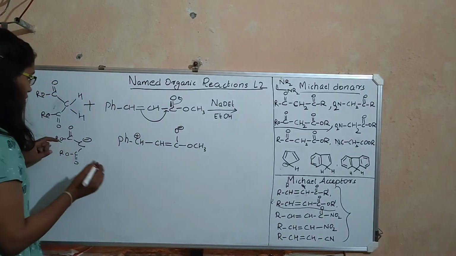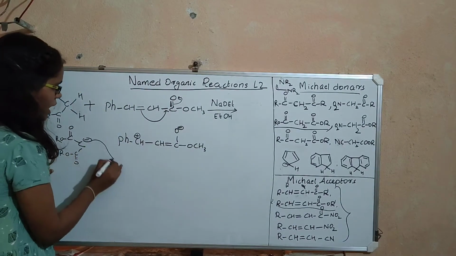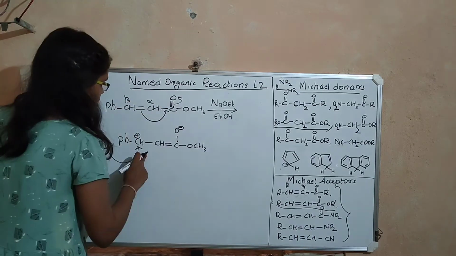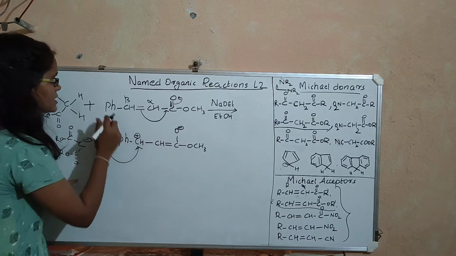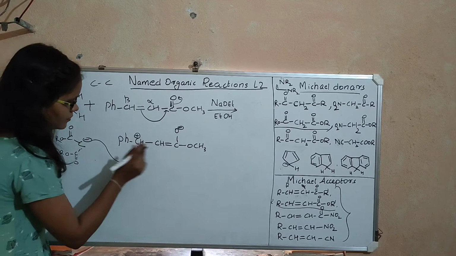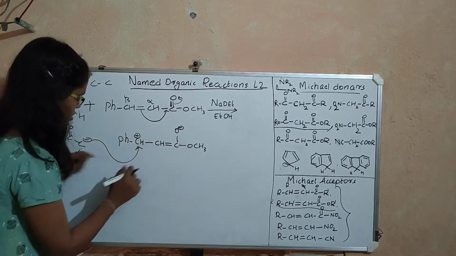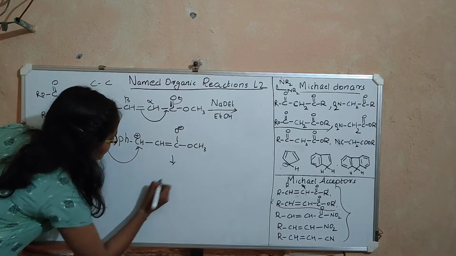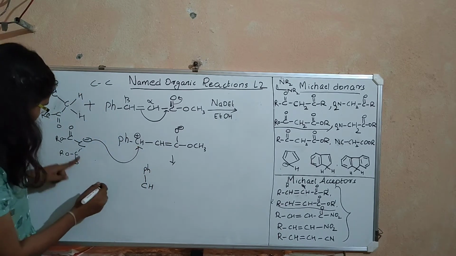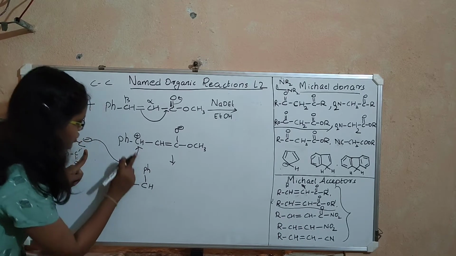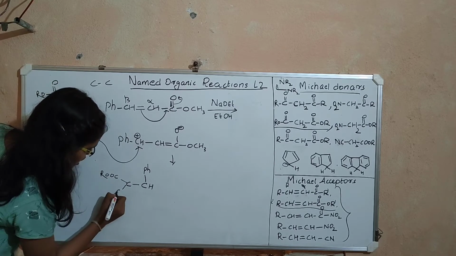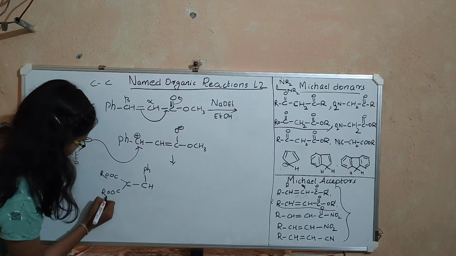Okay. So this carbanion will go and attack on this beta carbon. This is the alpha carbon and this is the beta carbon. Always remember one thing. The C-C bond is formed between the carbanion and the beta carbon in Michael addition. So the product will be Ph, CH. You already have a Ph on it. Now you have a carbon bonded to this carbon, and this carbon has two ester groups on it, COOR, COOR. Okay.